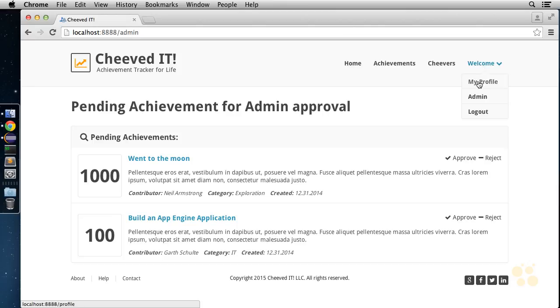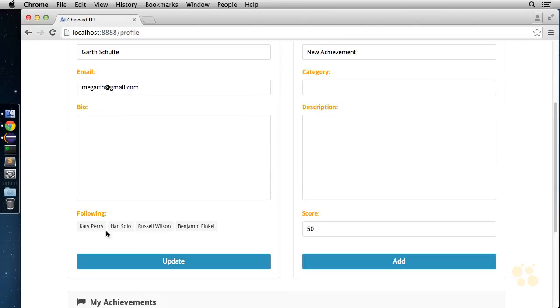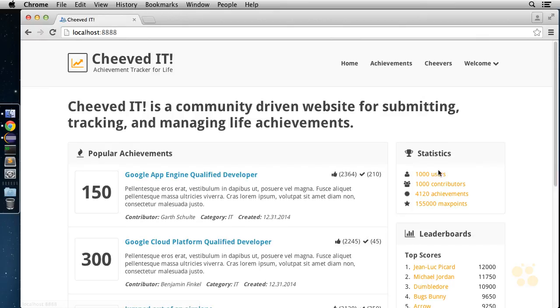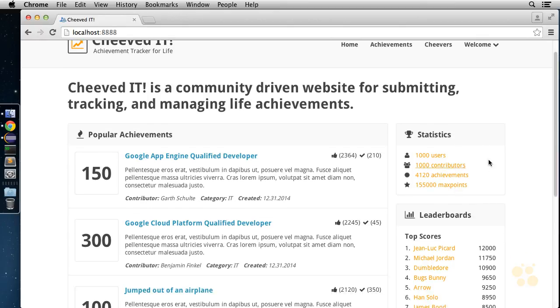And the other part I want to mention here, if we go back to the profile, is anybody that you're following, you will be automatically registered to get email notifications whenever they have an achievement approved, and it goes live here in the system. So that'll give us an opportunity to show you how push queues work. And then on the home page, we'll see how scheduled tasks work, because in order to aggregate all the data sitting in the data store, we'll need to set up a scheduled task to run through and do all that aggregation. This is also going to give us a great opportunity to